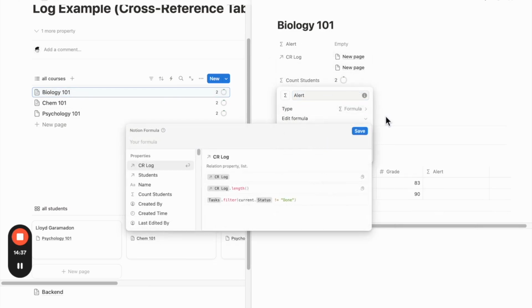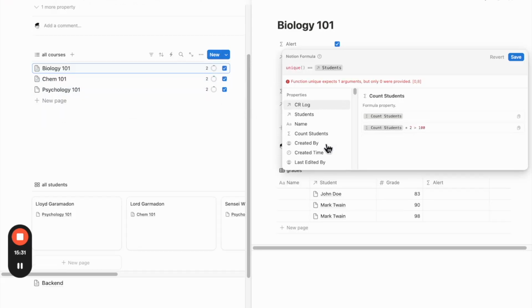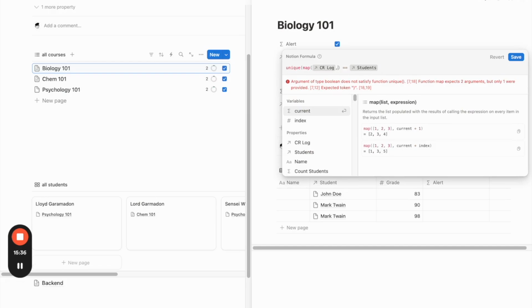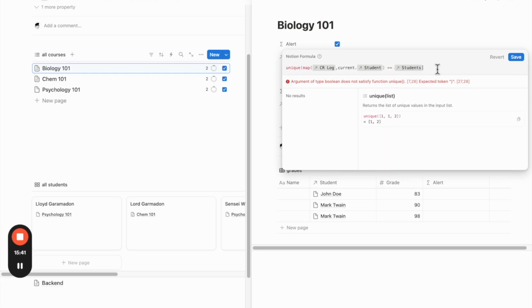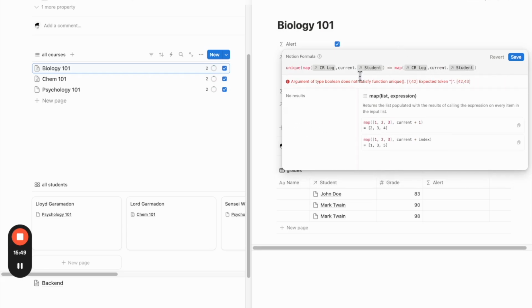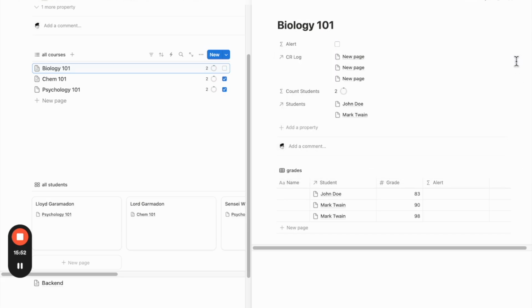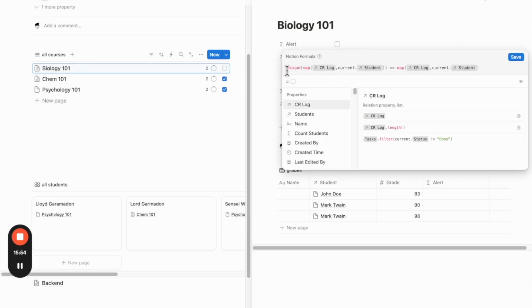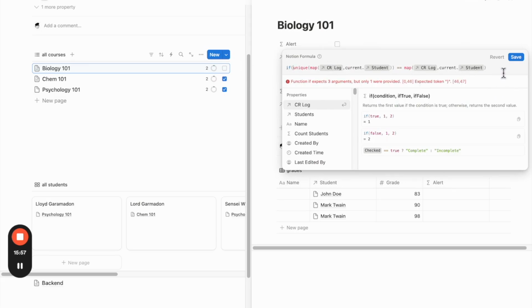And then the final thing I wanted to do is also do an alert, and we're going to make sure that there's not duplicates again. So, okay. CR log map to current dot student should equal map CR log current dot student. There we go. This save. This is wrong. So what are we gonna do? We're gonna say if we're gonna say alert